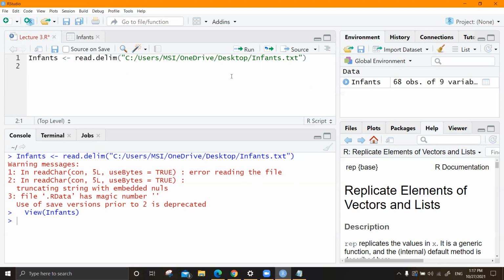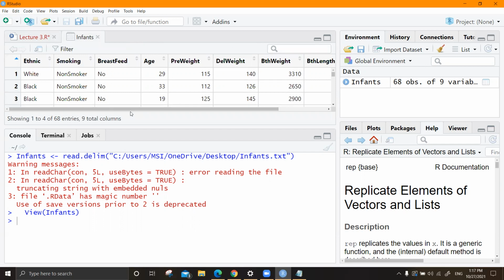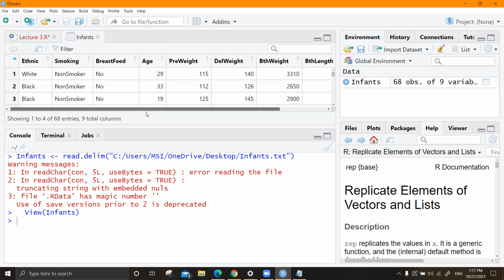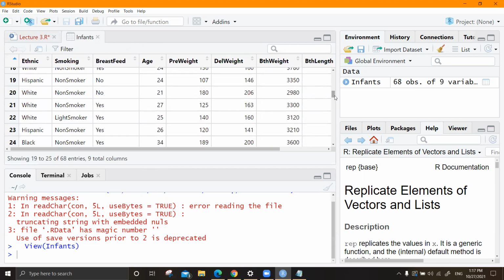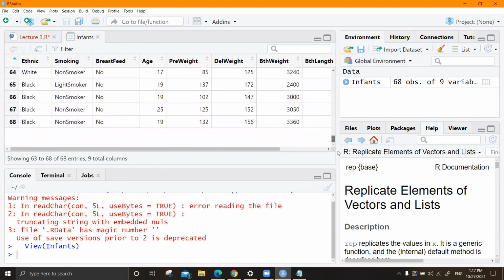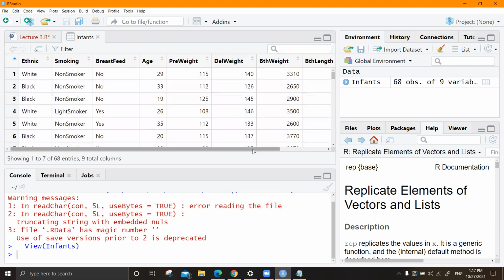If you want to save all your coding in one place, you can simply copy and paste from the console. Okay, so capital V, this is capital V View. You give this name here, which means you are going to open up the data view of it. So it is showing all the rows and columns, just like an Excel data sheet.